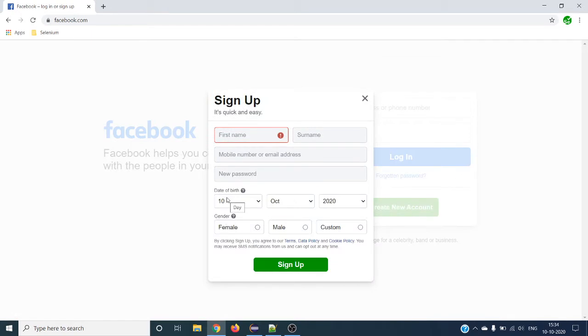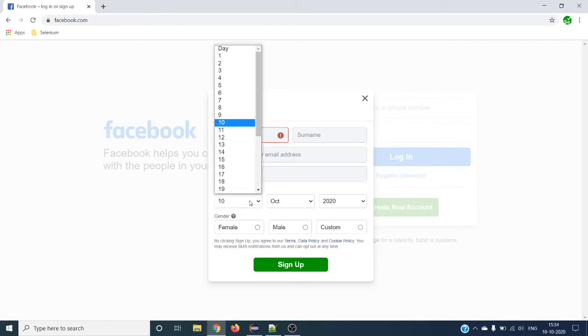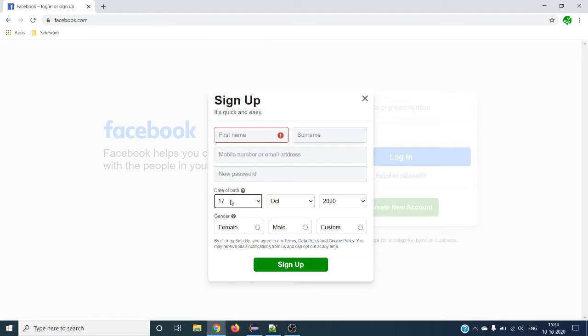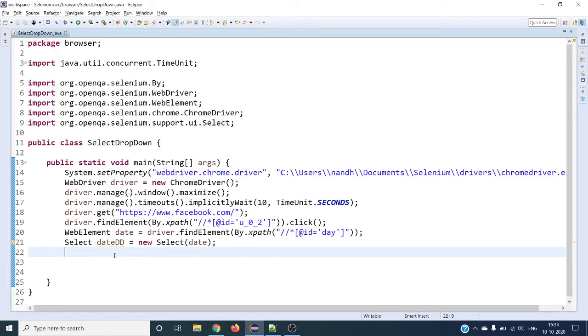It's a tester's responsibility that we have to check everything, whether the values are pre-populated with the expected values, what the default value selected is, whether the user is able to select different values, and once selected, whether it is displayed in the drop down. So all these values we have to validate. But first let's select this one, the date, and then we'll go for validations.